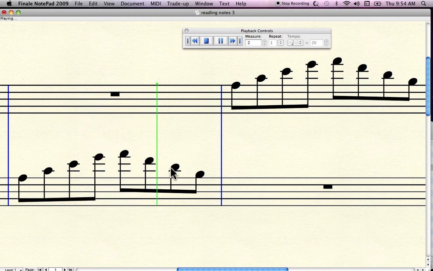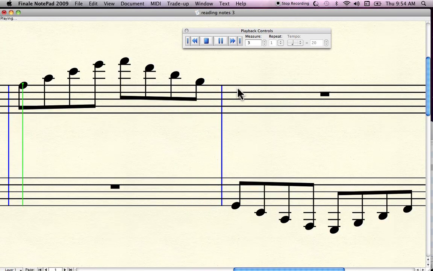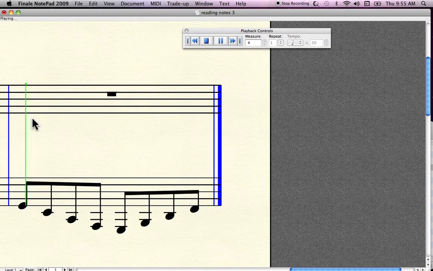A, F, G, B. Now up here is F, A, C, E, F, D, B, G. In the bass, we have G, E, C, A, G, B, D,